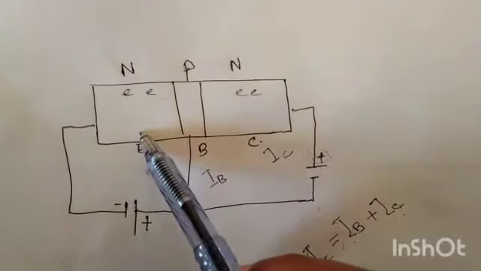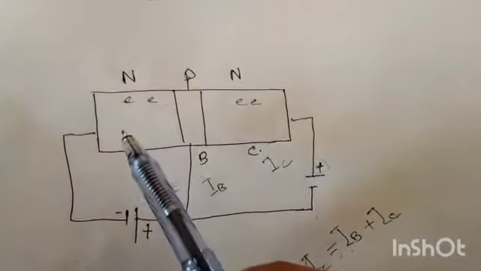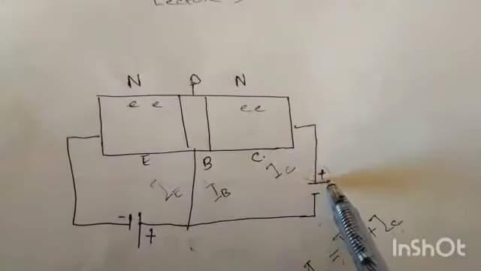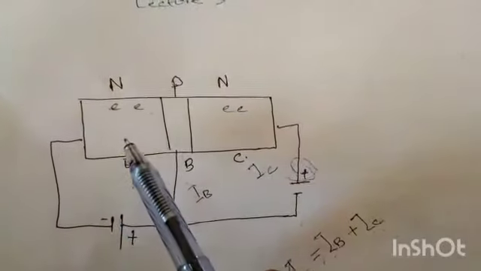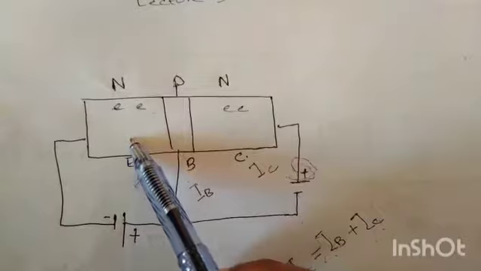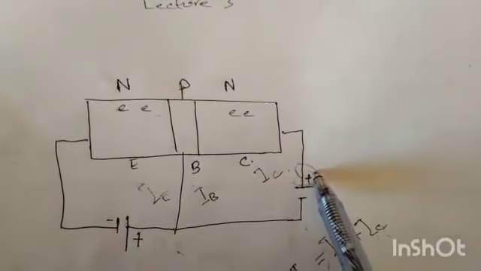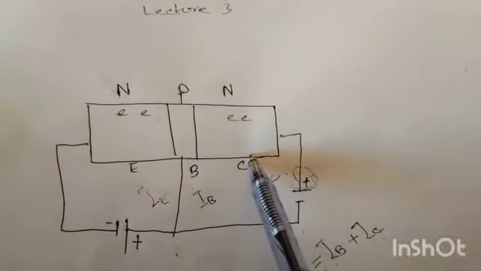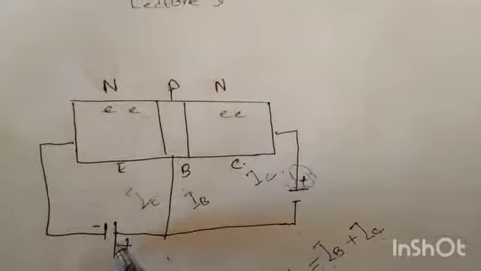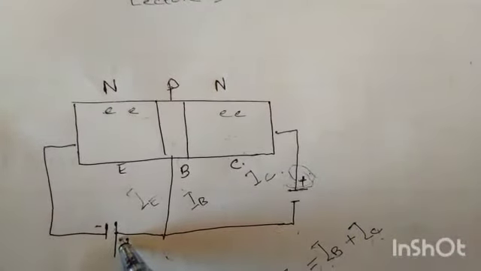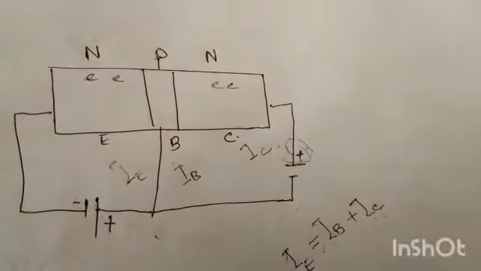You know that an electron has negative charge and here you provide a large potential difference between emitter and collector. The collector is at high potential and the emitter is at low potential. So electrons which come from the emitter are collected by the collector due to the potential difference between the emitter and collector. Very few electrons move through the base towards the positive terminal of the voltage source which is connected across base and collector, base and emitter.